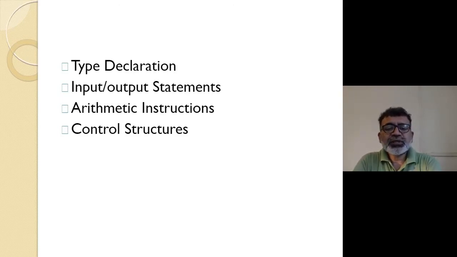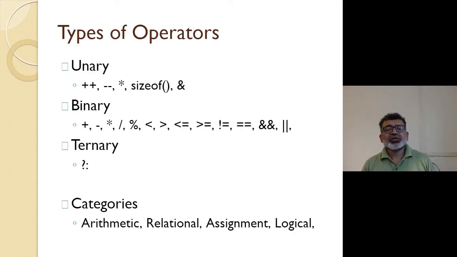We have also seen how arithmetic instructions work. So basically, in case of arithmetic instructions, there are operators and operands. So far, we have seen only four operators, right? Addition, multiplication, subtraction, division. Modulus still we have not seen. We will see how does the modulus operator work, and we have also seen various operators: unary, binary, and ternary. I have talked about this, right? Unary operator needs one operand, binary needs two operands, and ternary needs three operands.